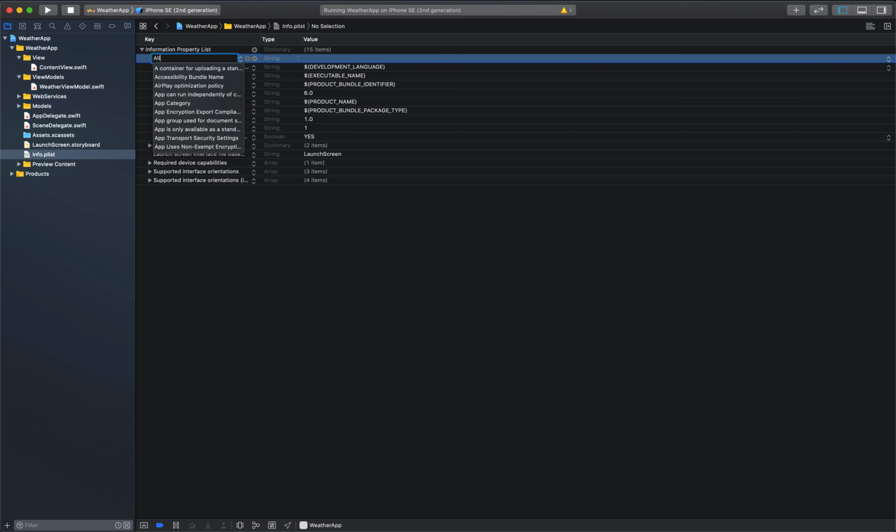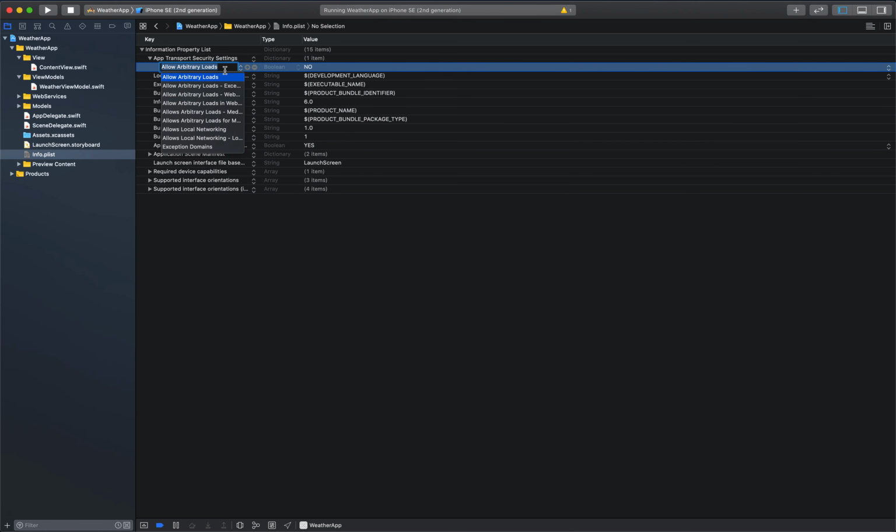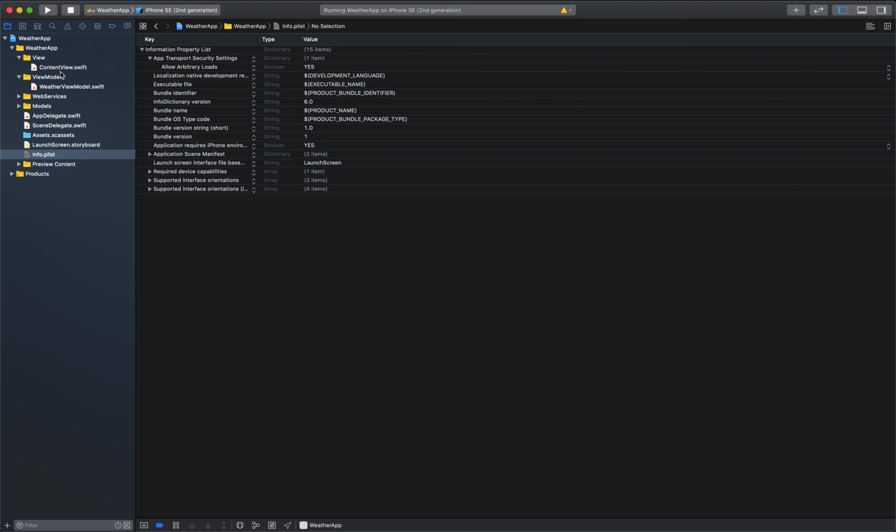Since you are doing an API call, you need to add this key inside App Transport Security Settings. Once we add this, you need to open this, and add one more key inside this, that is Allow Arbitrary Loads, and set this to YES, so it will allow you to do the API calls.